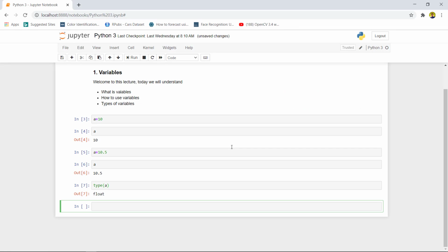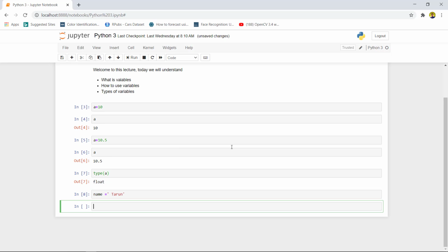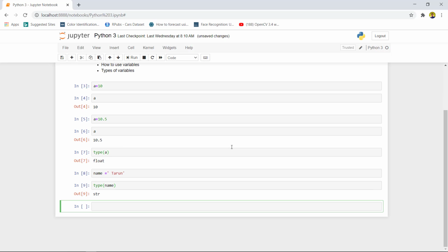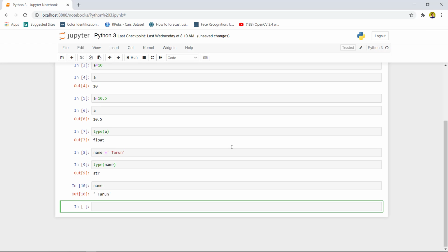By seeing this example, if we make a variable called name and assign a value called Tarun here, the compiler will treat it as a string data type. By typing the type command, you can see the type of this variable is a string. You can see the output also. If we type the name here, it will give the output Tarun.